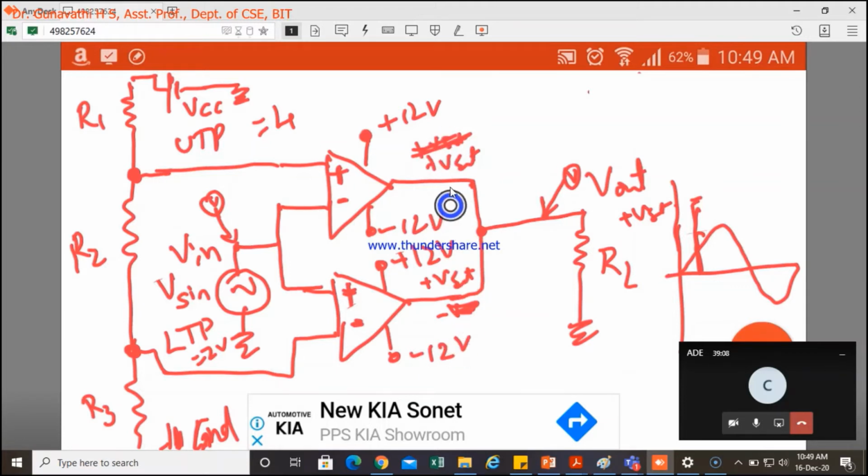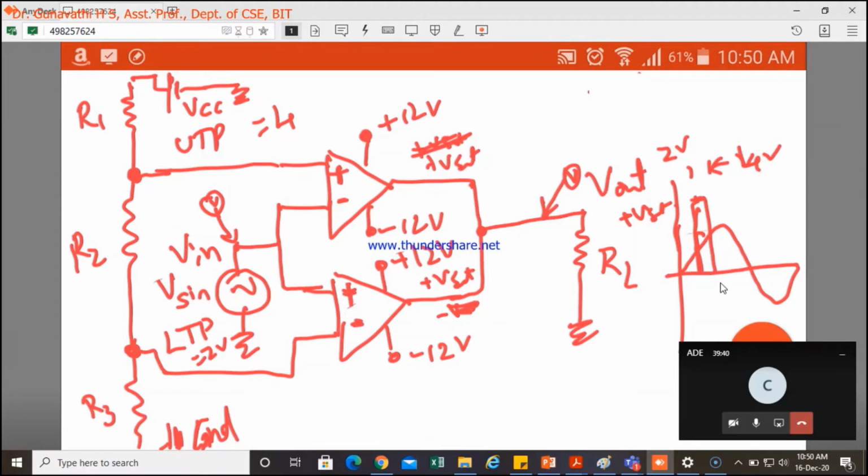Again, positive and negative voltage across this gets cancelled, so we don't get this. It will force our output to 0 volts, because both get cancelled here. So the comparator we have written will operate only within this time span. So this is 2 volts, this is 4 volts. Only between this it is working, rest all it is 0. Is this point clear? That is how the window comparator is working.